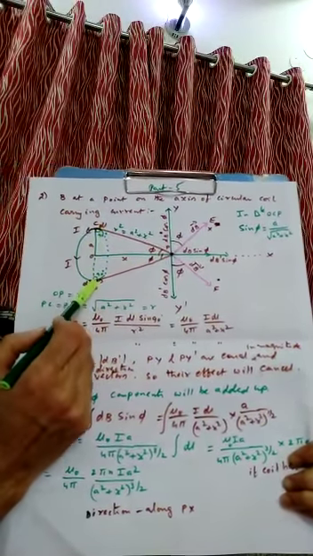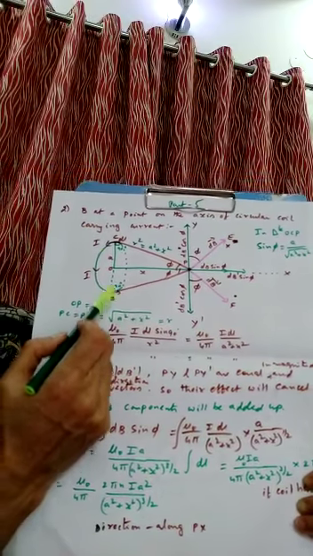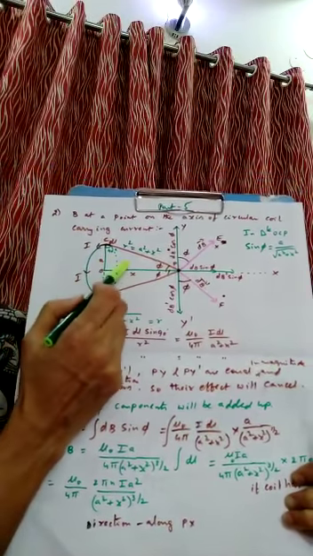This is C and D, only 2 points we have taken. What about the other points? From here to here, from here to here, if you take all points, it will give you a cone shape. How can you say that it is a cone shape here? I'll show you. Yeah, this is a circular coil carrying current. I placed it like this.